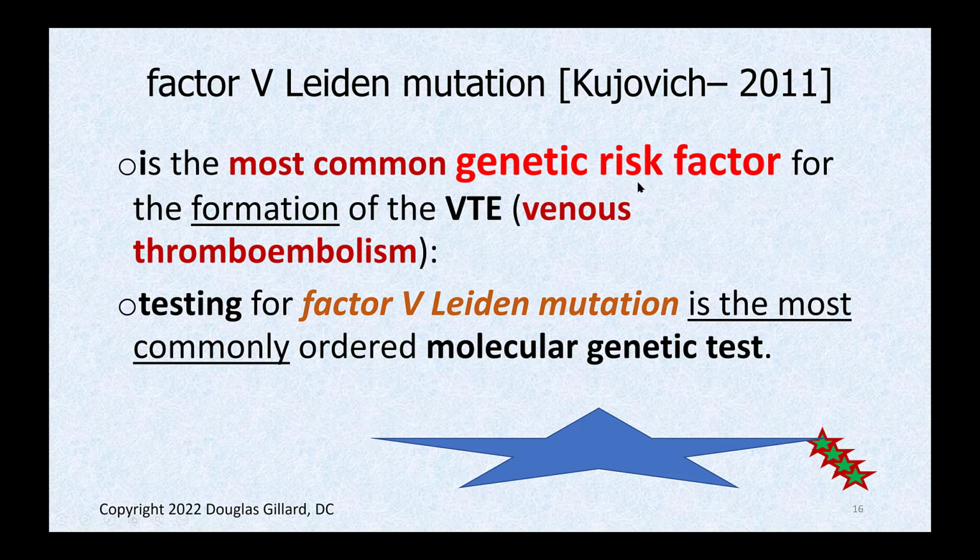Okay, again, it's the most common genetic congenital risk factor, meaning you're born with this risk factor for developing a blood clot or thrombosis. And testing for factor V Leiden mutation: if you get an embolism, pulmonary embolism, or you just get a thrombus formation, which hurts very bad at the end stage of it, you go into the ER and you get it taken care of through heparin and other anti-clotting mechanisms. After you get it fixed, you better find out what caused it. And so they always order this test to make sure you don't have factor V Leiden mutation. It's a very common test.